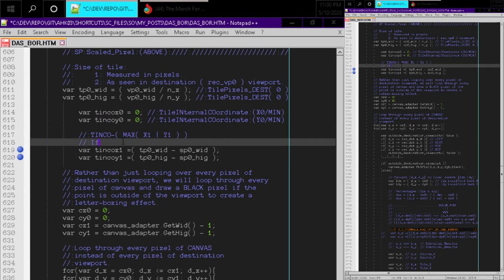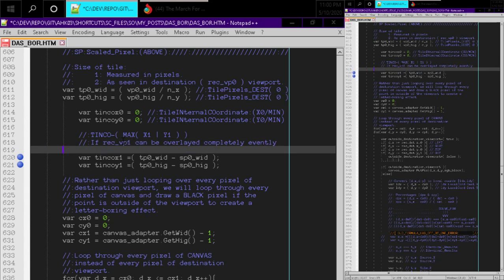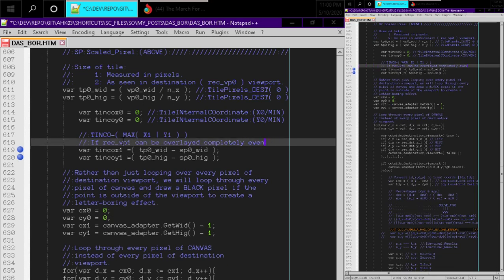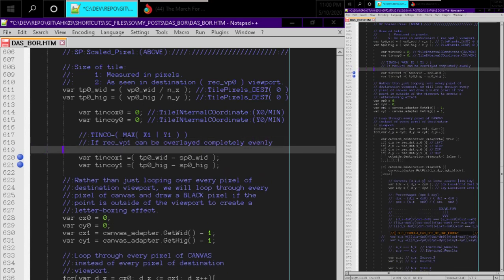Okay, so if rec VP1 can be overlaid completely evenly into rec VP0, then SP0 width and SP0,